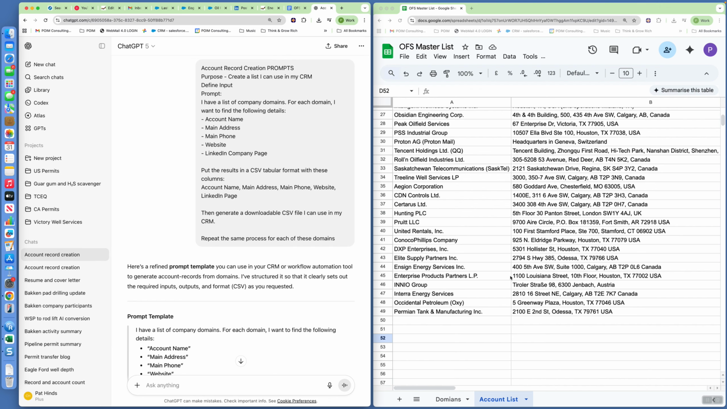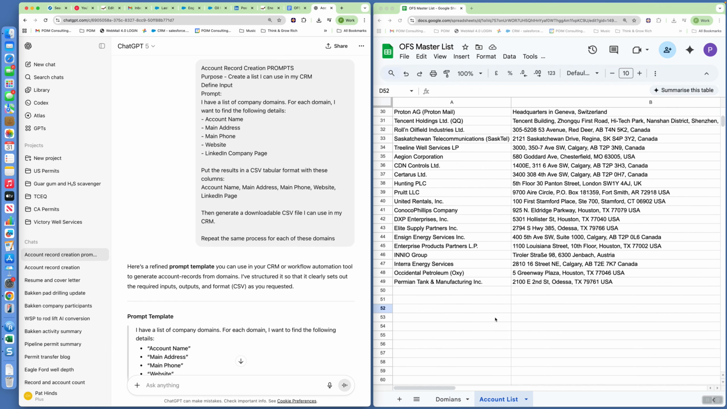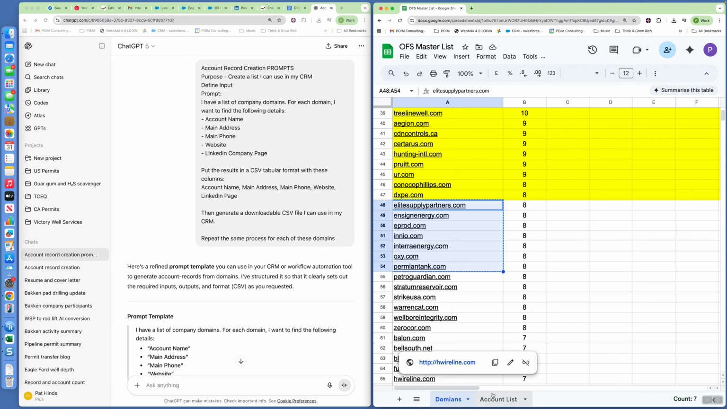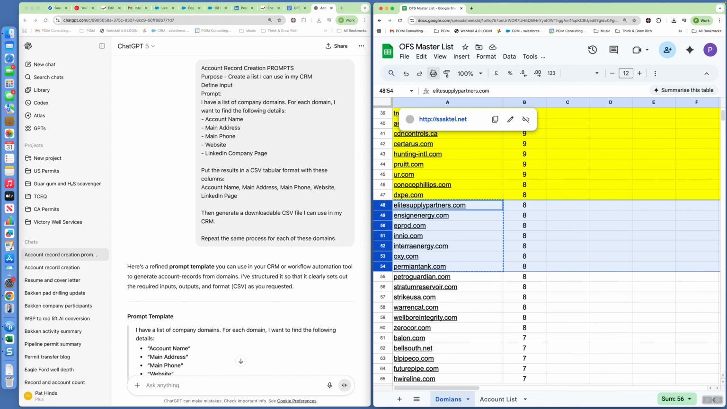If you can't get access to Google Sheets, let me know and I will send it to you in what we'll call Excel format. It's got two tabs at the bottom, one called Domains and the other one called Account Lists. I've just tested a few here, and I'm just going to highlight that one while I'm